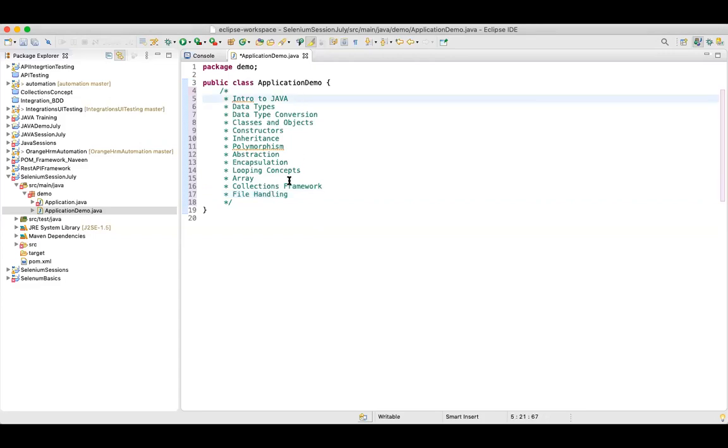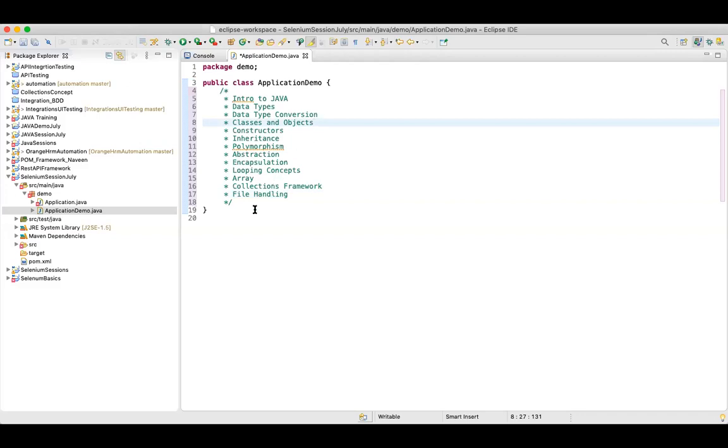Right, so let's see the introduction to Java. As we know, Java is an object-oriented programming language. Similar languages to Java which follow object-oriented programming are, for example, Python, C#, and a couple of other languages as well. They are also object-oriented programming languages. Java follows the concept of object-oriented, and that is why we say everything in Java is termed as an object.